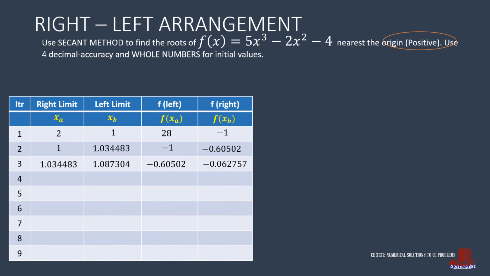Keep on iterating, so slide xa as 1.087304 and f of xa of -0.062757. The fourth iteration xb is computed as